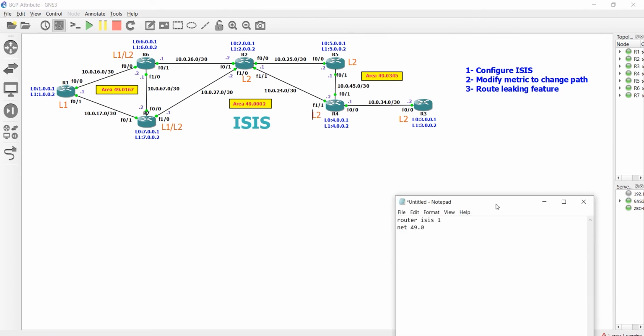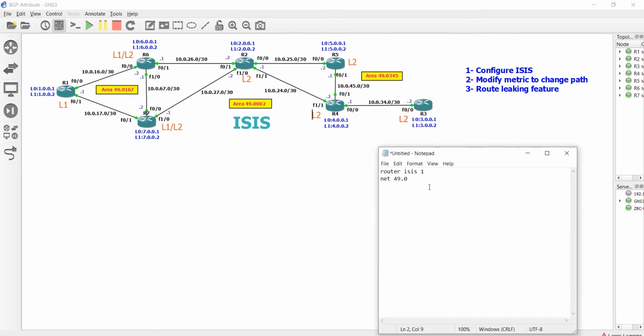I don't need it. And this one is 0, 0. And what is the area here? 3, 4. And number 3 and 0, 0. And IS type level 2 only,